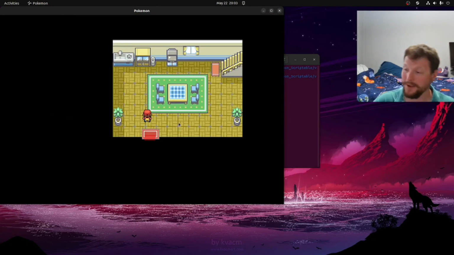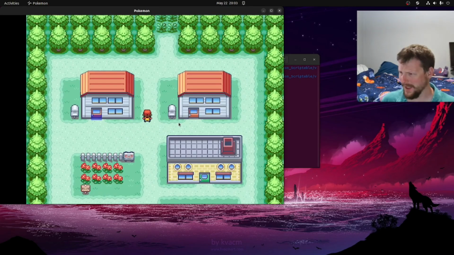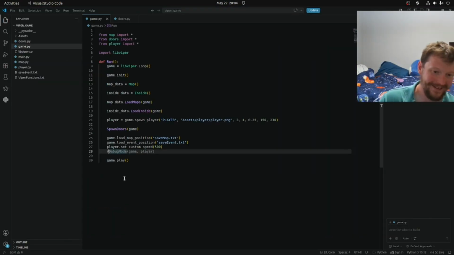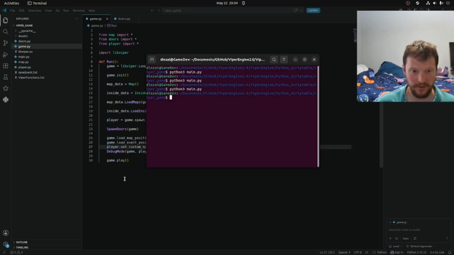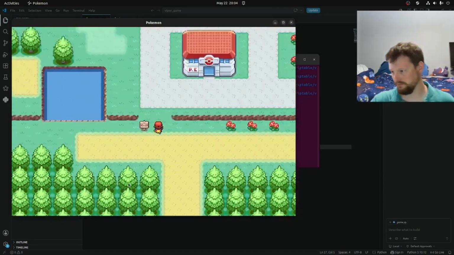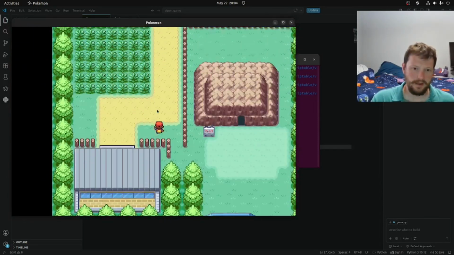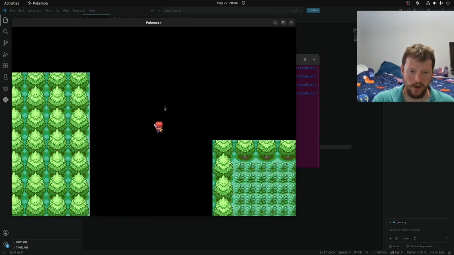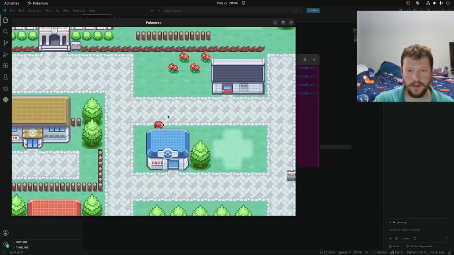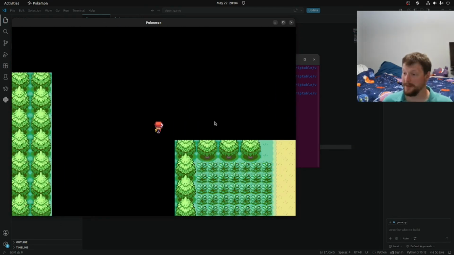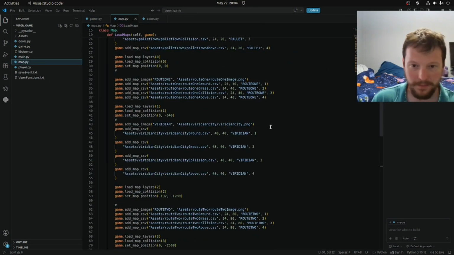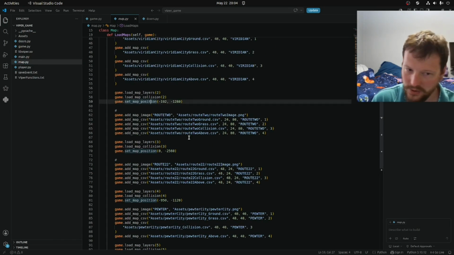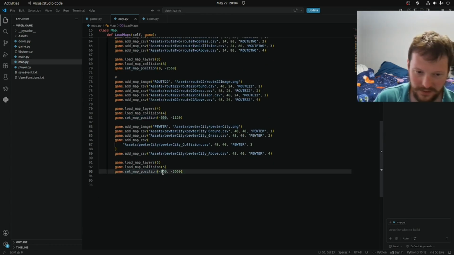So we have a live editing system with E, and I'm going to do something real quick. Let's go ahead and run our debug function here, and we're just going to fly through some walls. Now, Pewter City's gone, and actually it happens to be over here. Now this is something that has annoyed me many times while building a game, right? So over here in maps, you set the map position, and then you go in, you set another position, and then you continue,